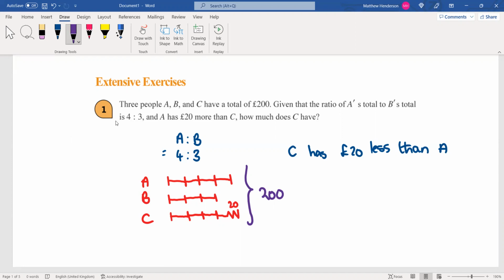So if we treat that last bit with the 20 less, and we complete that, we treat it as a whole number of parts, then in total, I would get rid of that 20 and I would have an extra 20 in my total. So now we can imagine that we've got a whole number of parts. We've got 1, 2, 3, 4, 5, 6, 7, 8, 9, 10, 11 parts. So if 11 parts